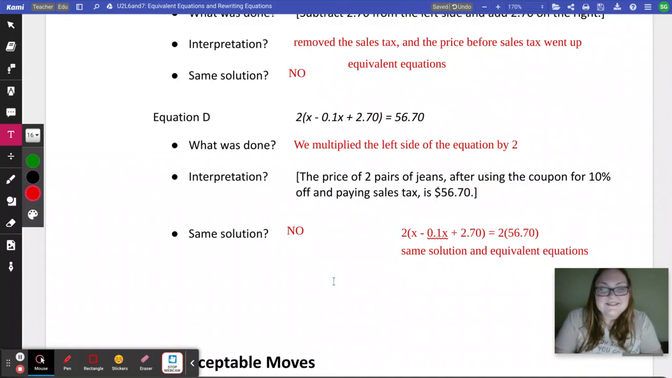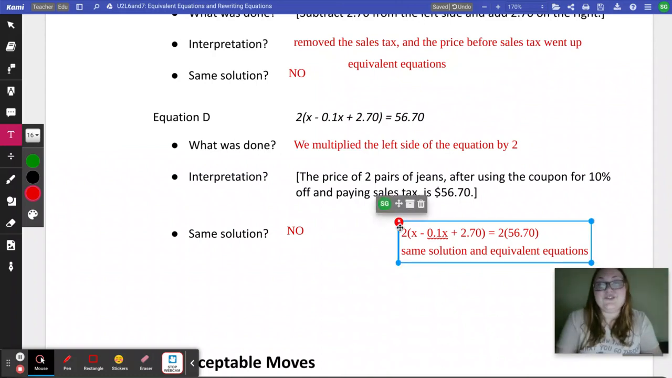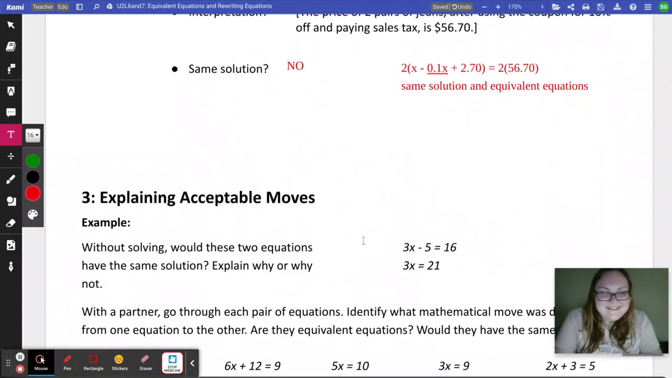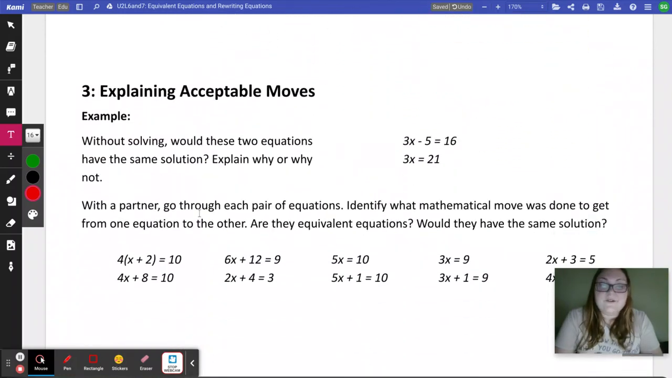The last part of this lesson is really focusing in on things like this. What mathematical move or what mathematical thing can you do to one equation to get a new equivalent equation? And that is what this last part down here is going to look like. For example, I'm going to give you two equations like this, and our goal is to figure out would they